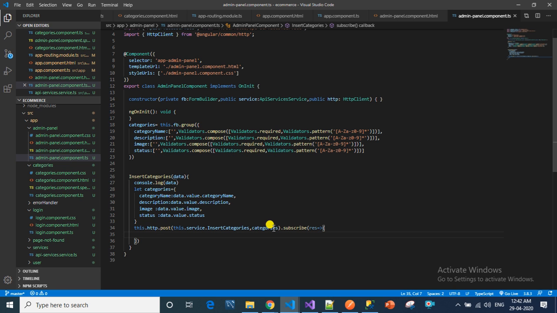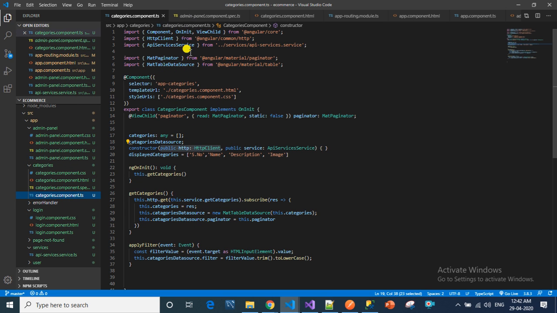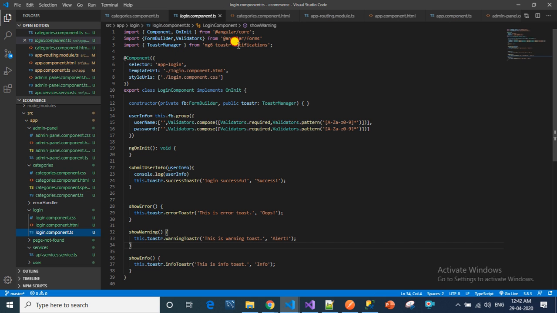And instead of alert, we will use toaster messages. For that, we have to import toasters. We have already implemented in the login, so I am copy pasting that.